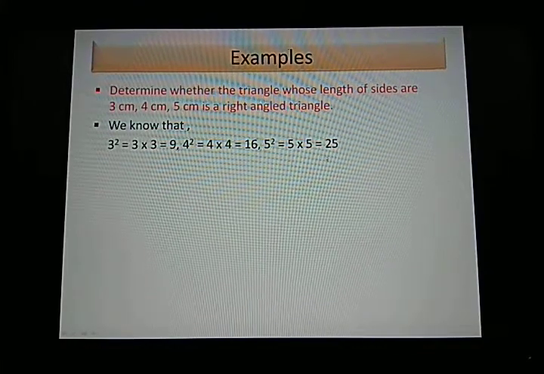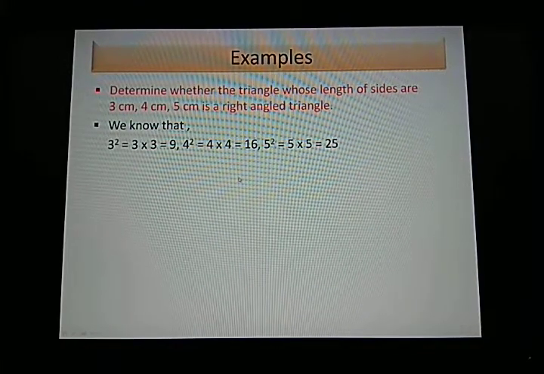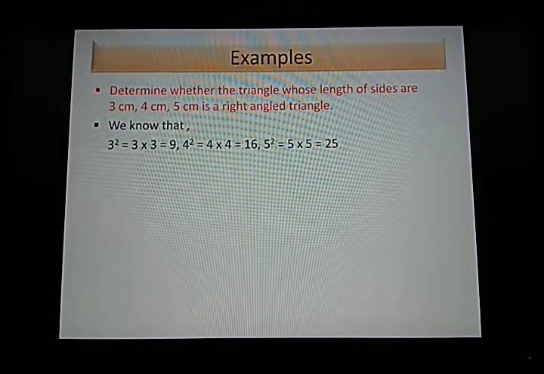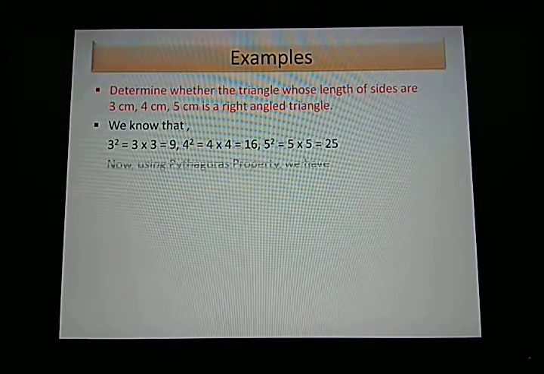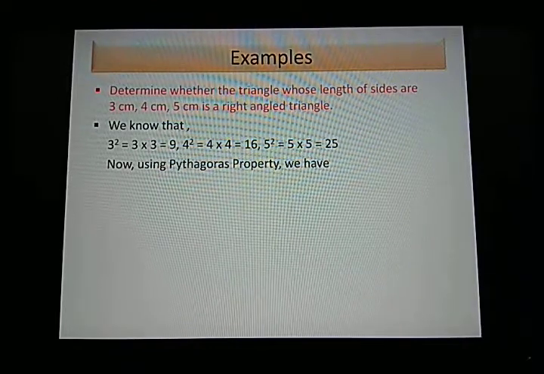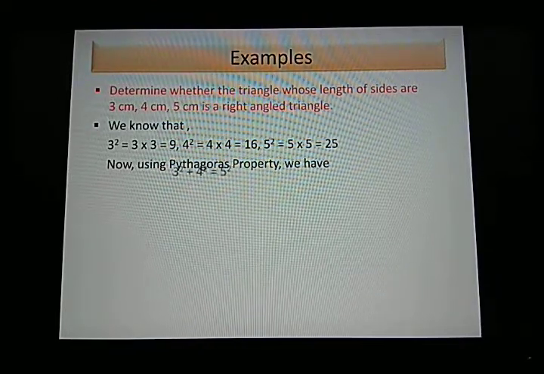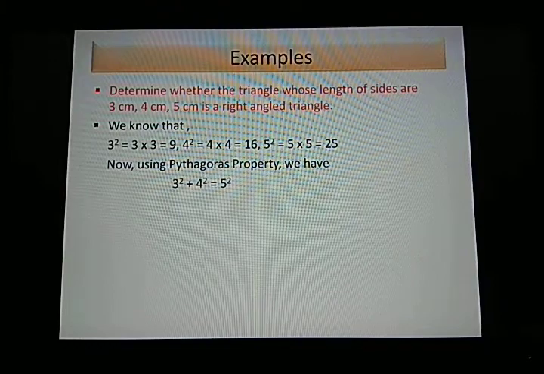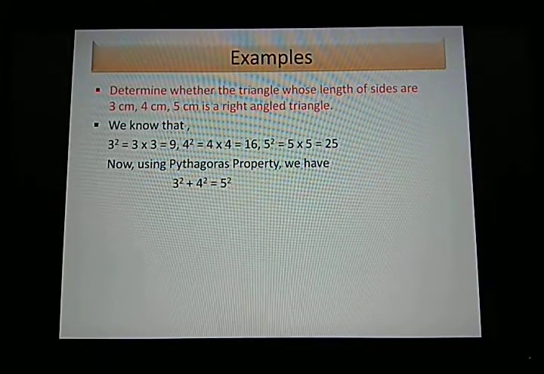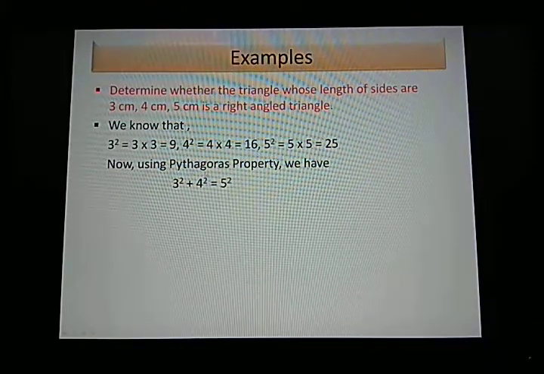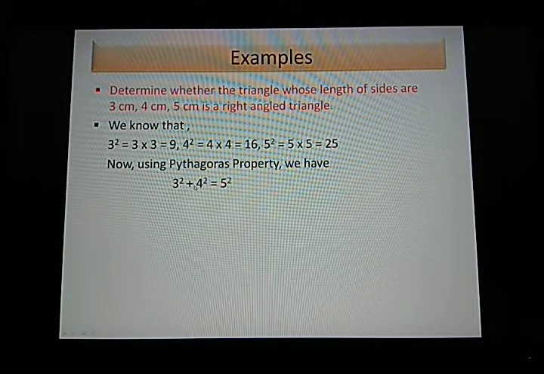9 plus 16 is 25. So it satisfies the criteria that we have been trying to find out. So using the Pythagoras property, what can we say? We can say that 3 square plus 4 square is equal to 5 square. Clear? So since the square of the two sides of the triangle